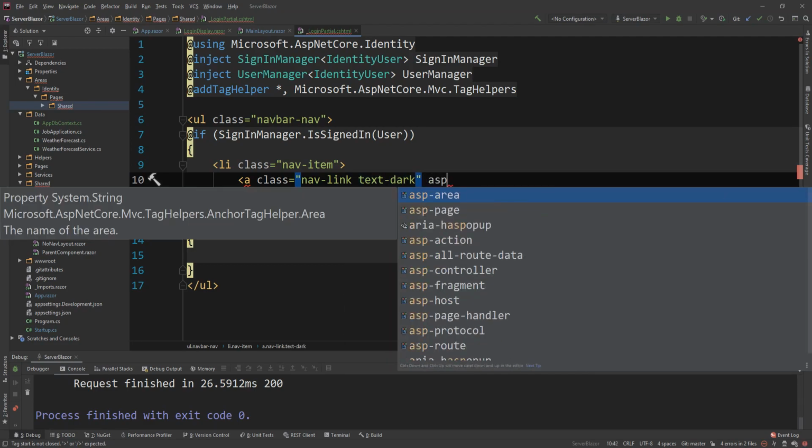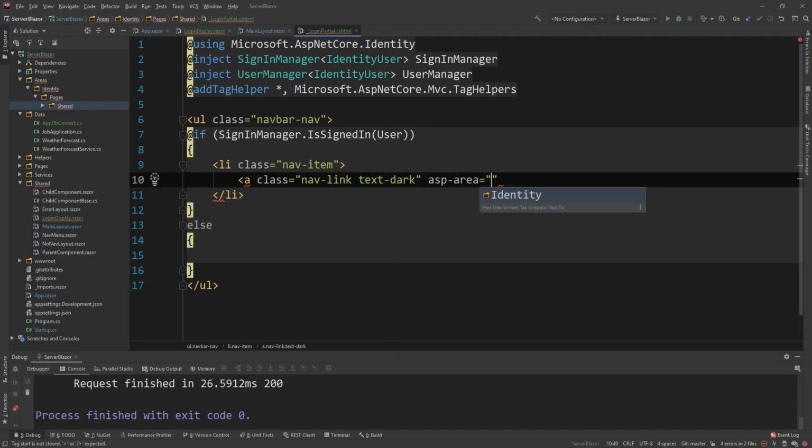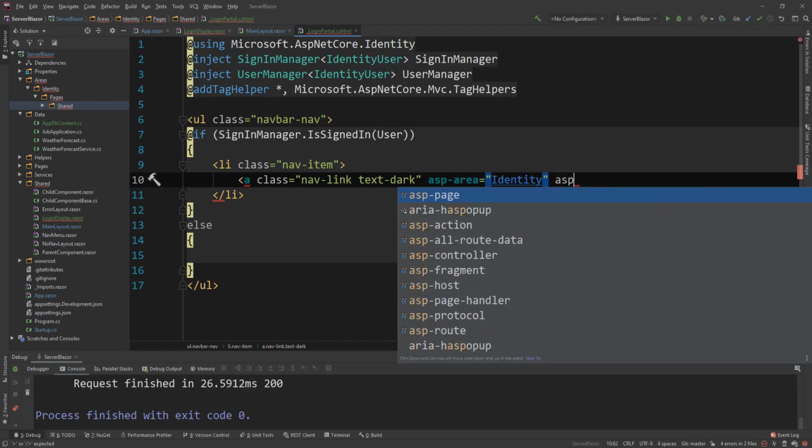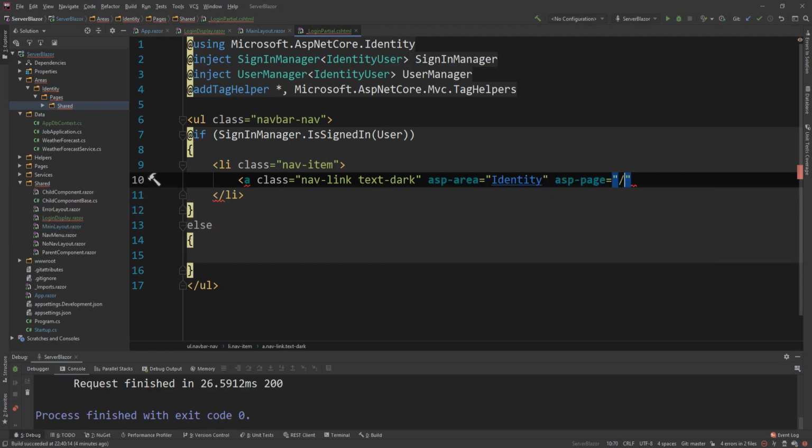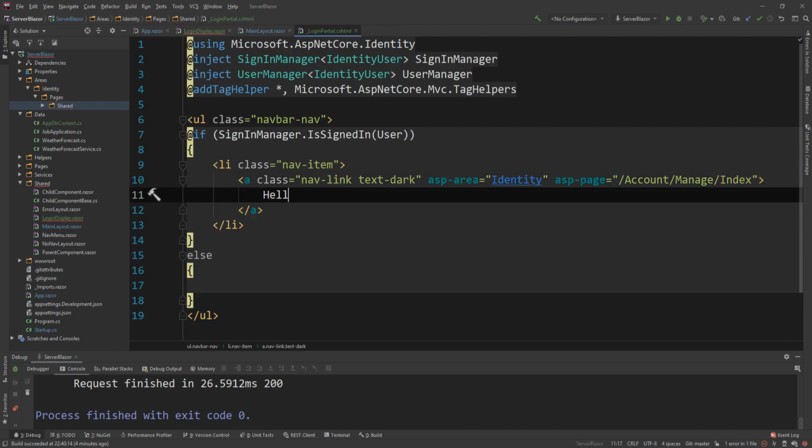And then asp-area needs to be Identity, and then asp-page needs to be Account/Manage/Index. And in here we need to say Hello User.Identity.Name exclamation mark,